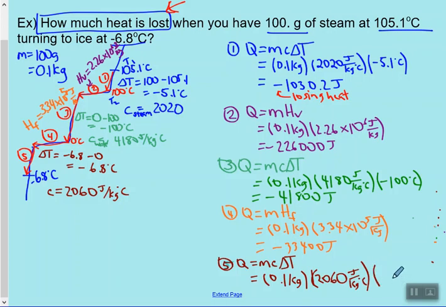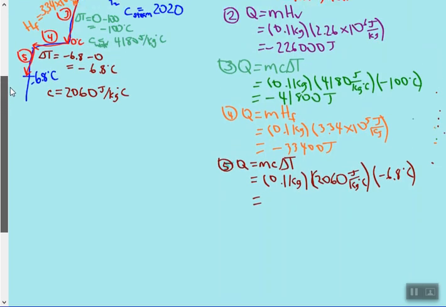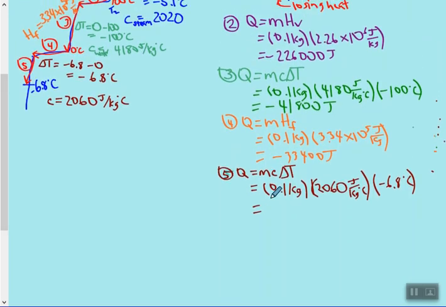Okay, oh, it's painful. And our change in temperature is negative 6.8 degrees Celsius. Oh, okay. And calculate. Holy mackerel. And we get negative 1,400.8